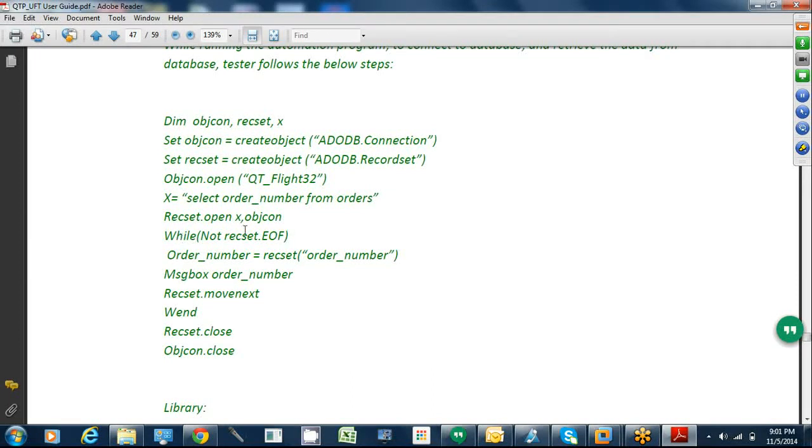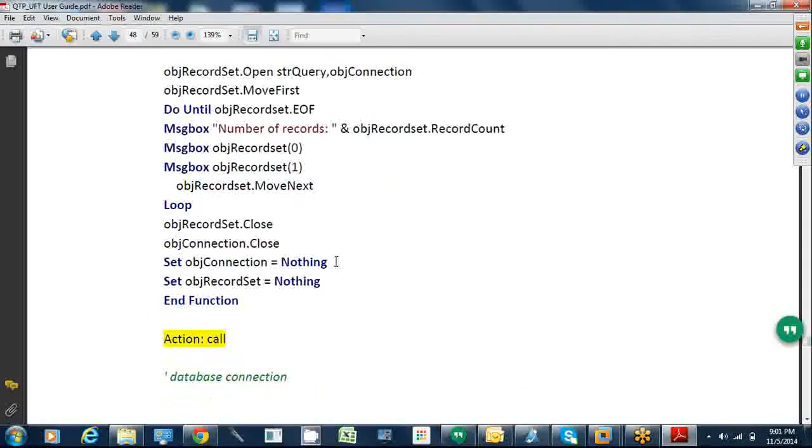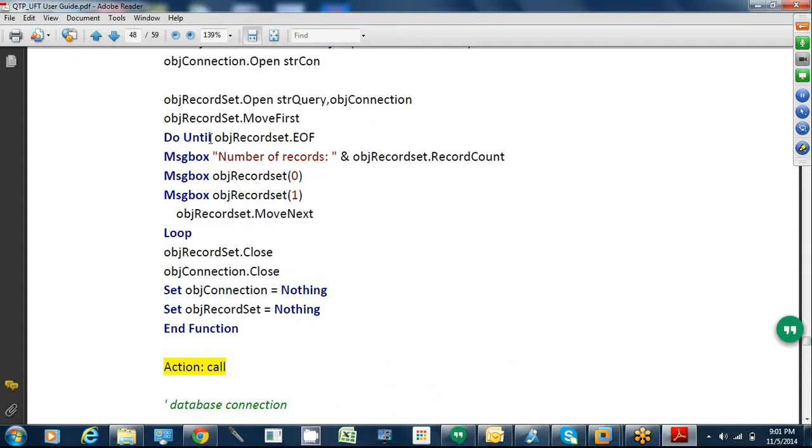While the record set does not reach the end of the file, your query will be run. The meaning is similar to until the record set reaches the end of the file. You understand? Logically, both are similar.